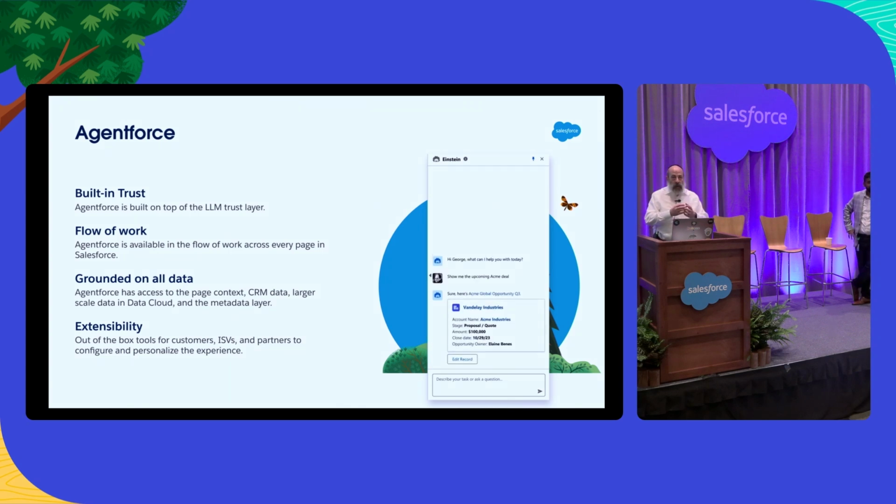Because it's built on top of Salesforce's Einstein trust layer, every interaction with the large language model, the AI model, that may be external to Salesforce is audited, so you can see exactly what was passed to the AI model as well as what was received back and how we change the prompts potentially.